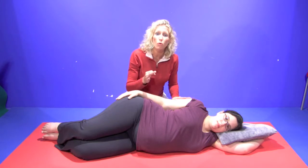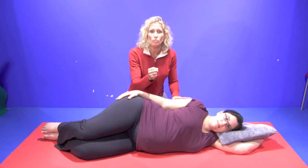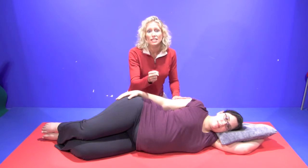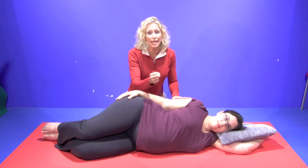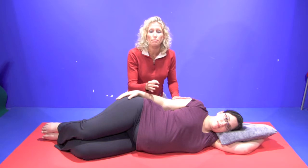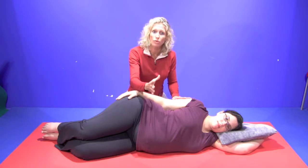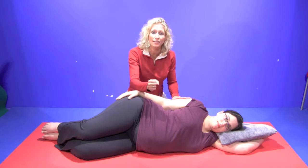Now we will follow with 4 quick flicks or 4 quick Kegel contractions. With this action, you're only tightening the muscles around the openings of your pelvic floor as if you don't want to pass any urine or gas. These are quick contractions with a quick release to a rhythm of tighten, relax, tighten, relax, tighten, relax, and tighten,